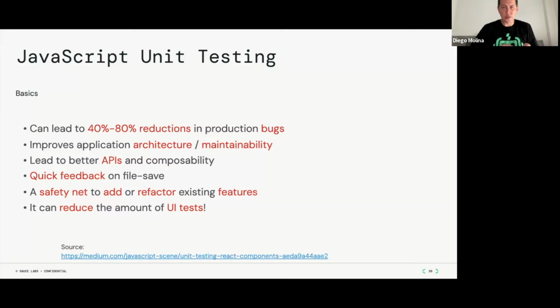And this also splits the amount of tests you have. The more unit tests you have, the fewer tests you will have at the UI level, because this will help you understand sooner if a change is going to break something, rather than waiting for the whole UI test suite to be complete. And this also helps you make your application more testable, because if you cannot test something at